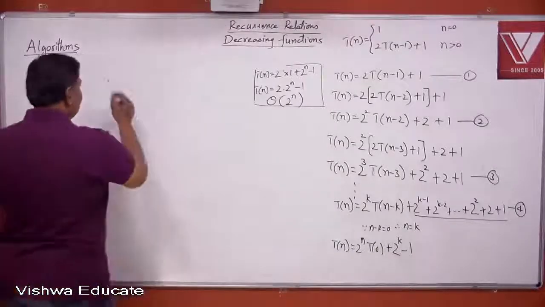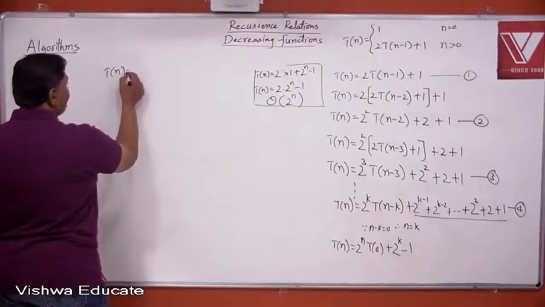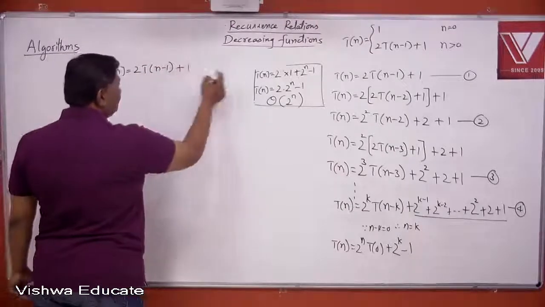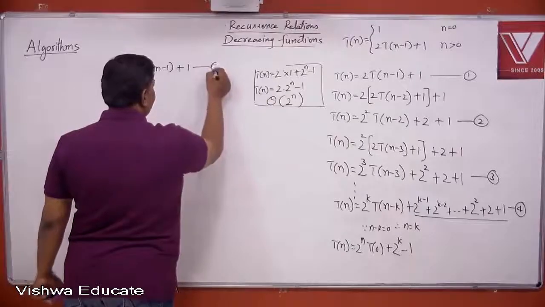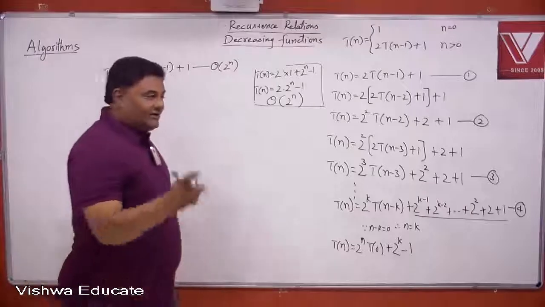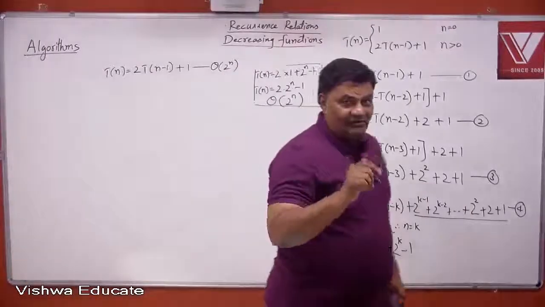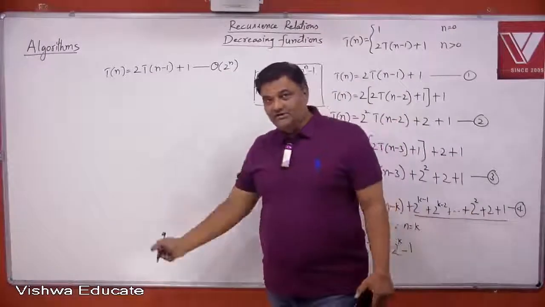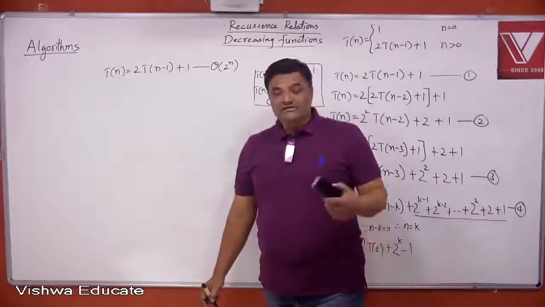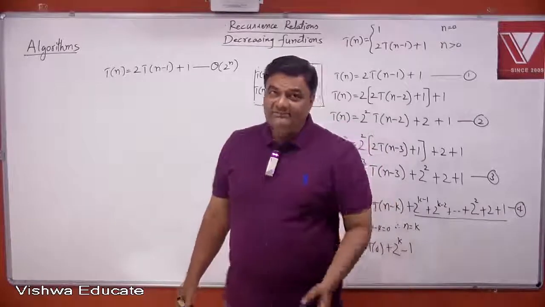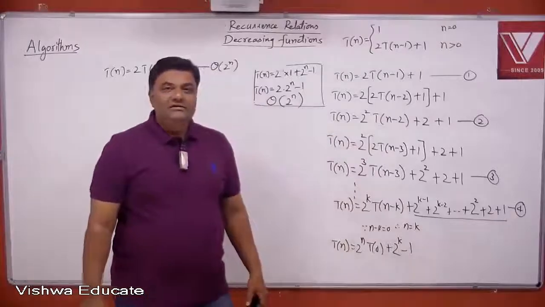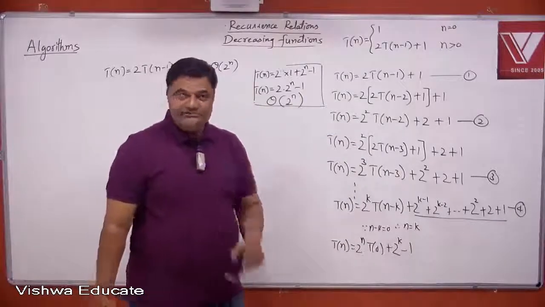Now, listen. For Tn is equal to 2T(n minus 1) plus 1, this was the recurrence relation. We got it as 2 power n. Now, already I told you that a 2 power n algorithm we have not seen, but now we saw a 2 power n time taking algorithm. So mostly in recursion, when a recursive function is calling itself 2 times by subtracting the value, then it is 2 power n. If it is calling 2 times, so it means